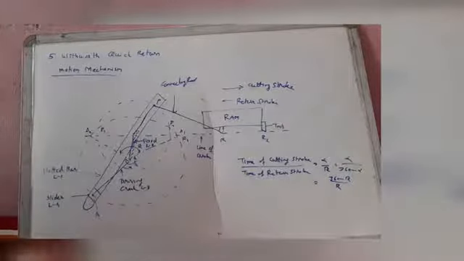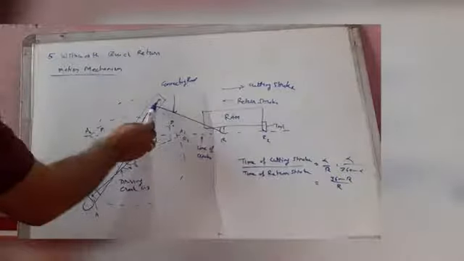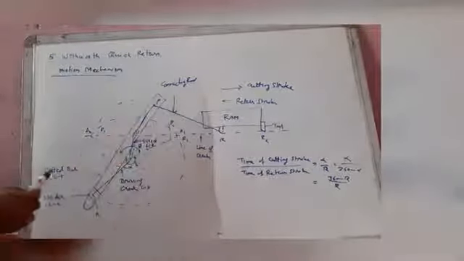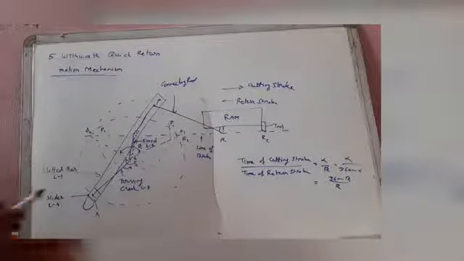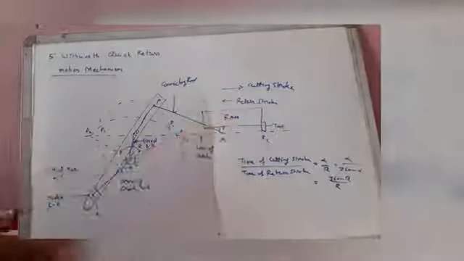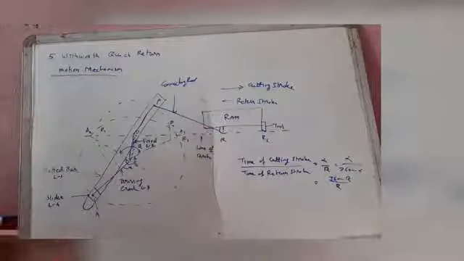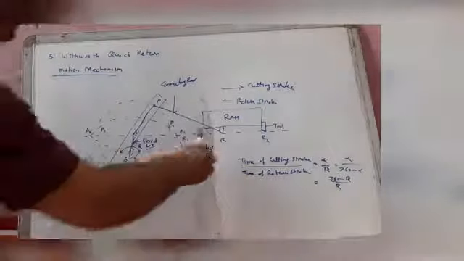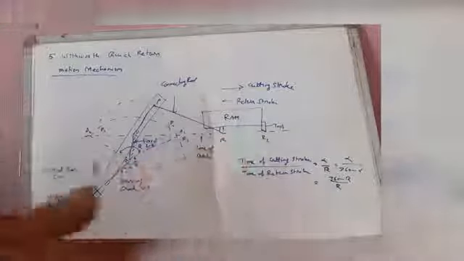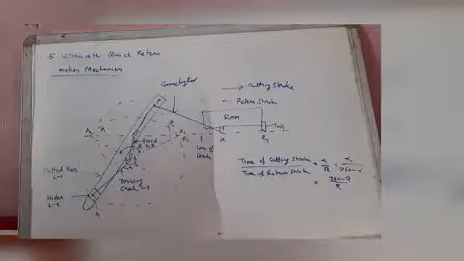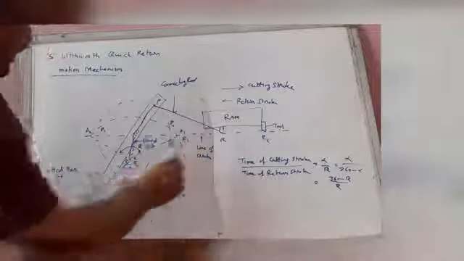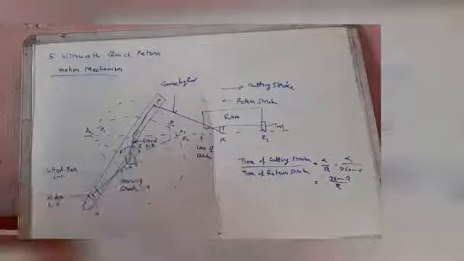The connecting rod PR carries the ram R, to which the cutting tool is fixed here. The motion of the tool is constrained along the line RD, produced along a line passing through D and perpendicular to CD. This line is perpendicular to this line CD.